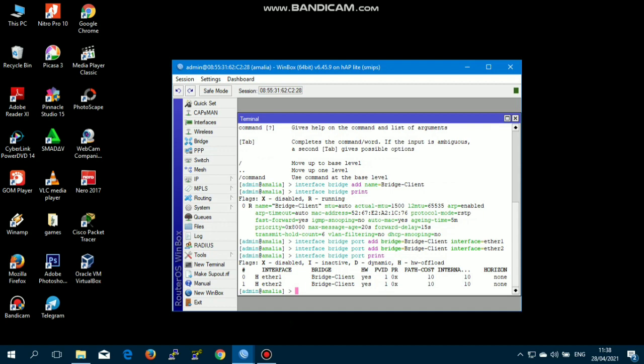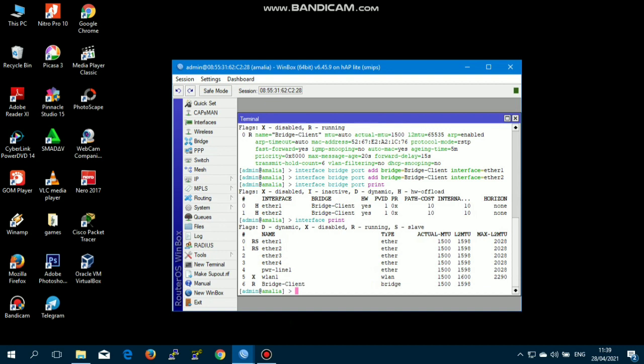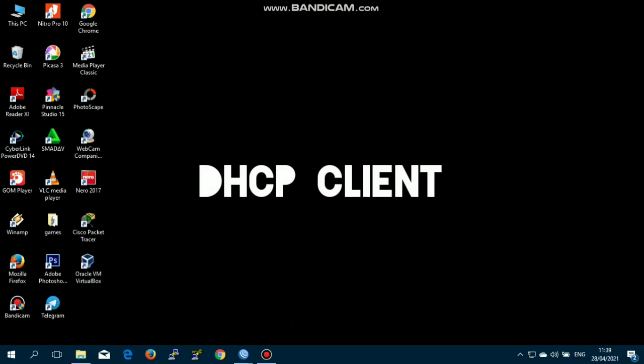Check the interface again with the interface print command. If we see here that there is an S sign, which means that the port has been connected to the bridge client and running.